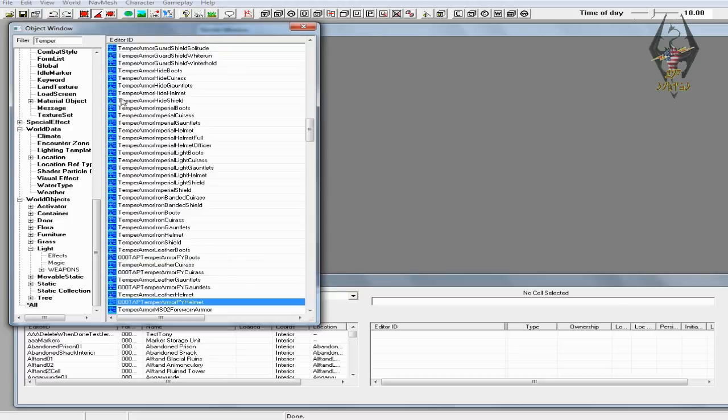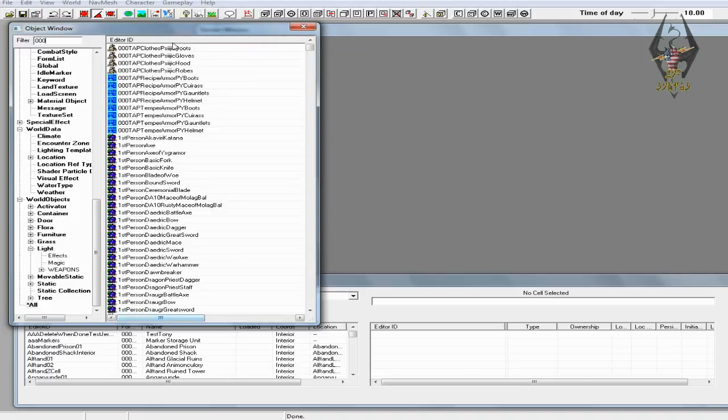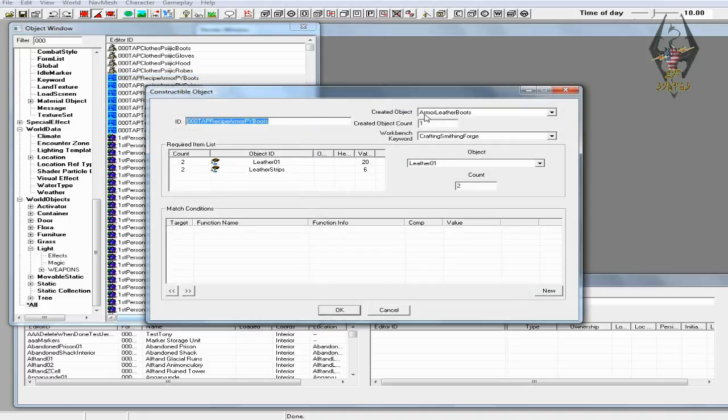Okay, we got those all named, so we'll go back to our filter. We'll type in 000, and wait for it to come up. And as you can see, we got our clothes here, and we got our recipe and our tempers here. 1, 2, 3, 4, check. 1, 2, 3, 4, check. Okay, for the recipe for the boots, double click, let this come up, and over here in the created